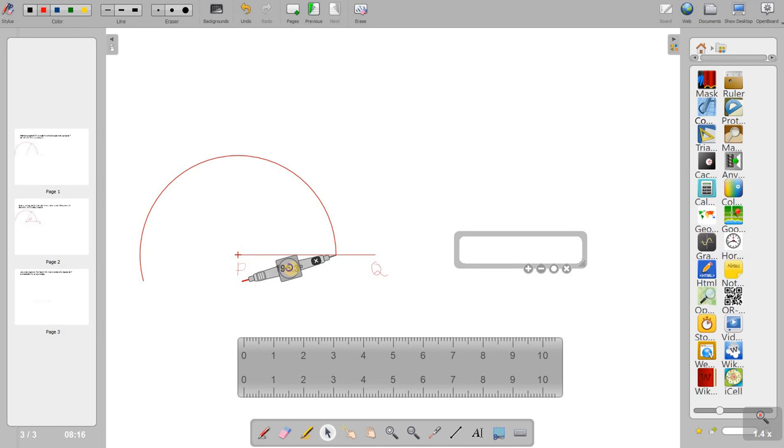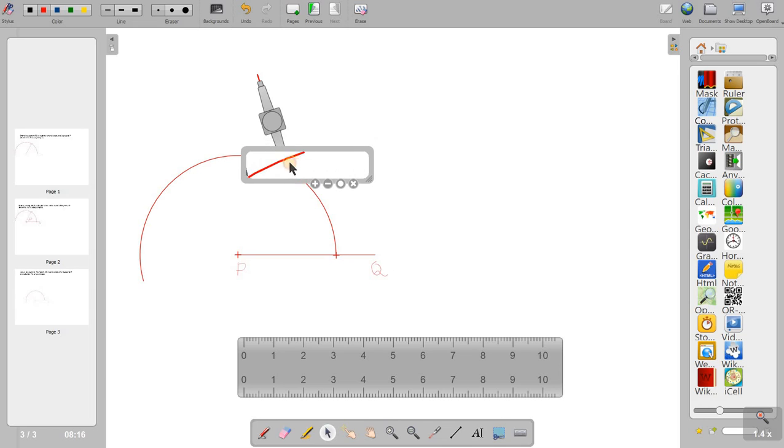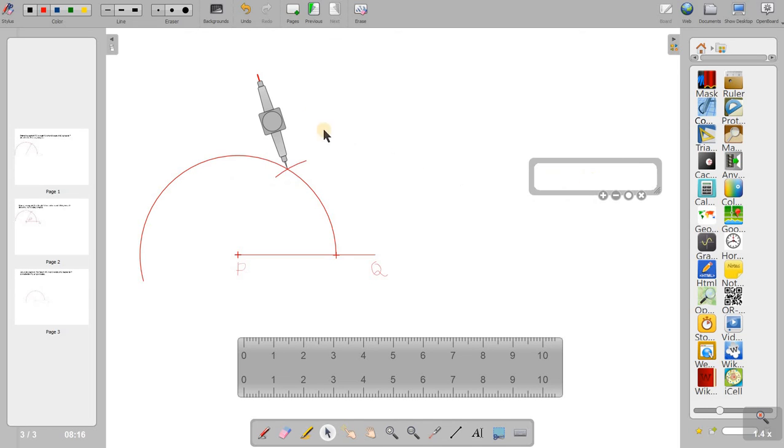I have to make an arc on the previous line, so I will just rotate it to this point. I'll make an arc. When I hover the cursor over the pen tip of the compass, I have made one arc here. After this, I will just catch hold of it and bring the cursor pointer here over. Okay, you see here. Okay, it has come out exactly kept at that place.